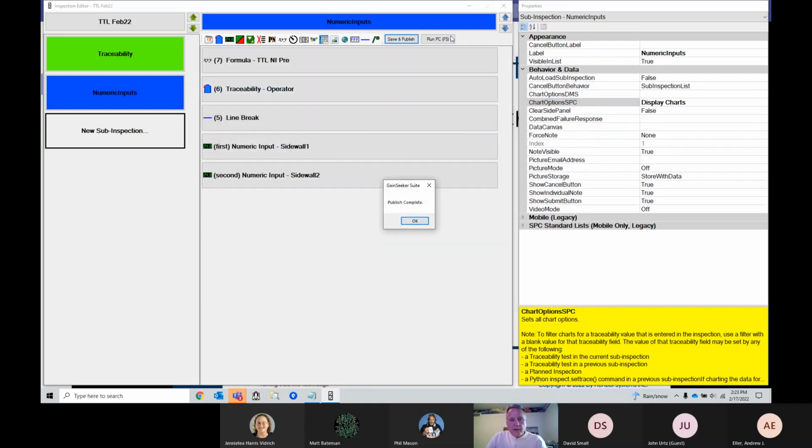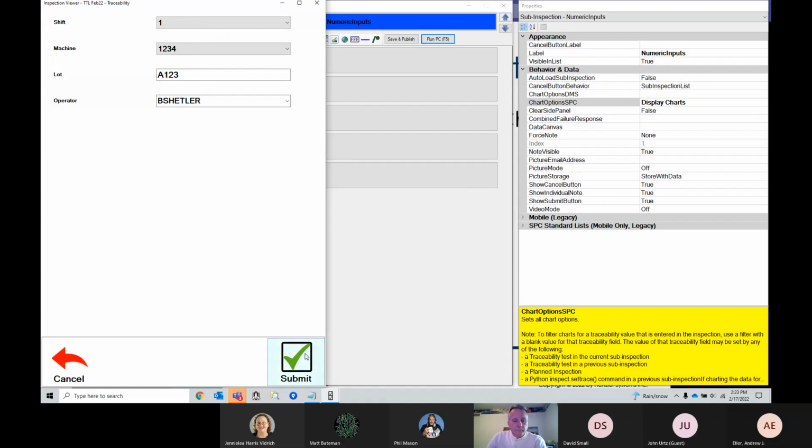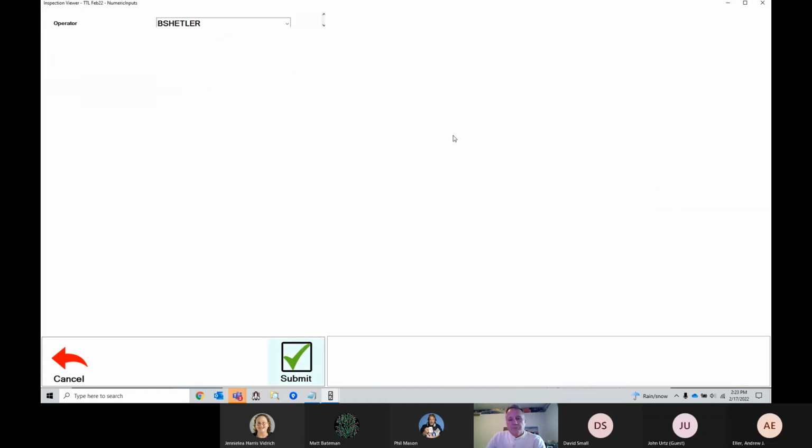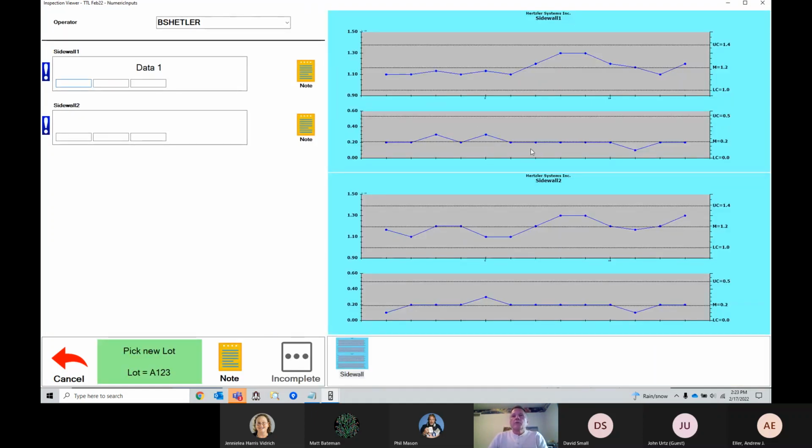And now when I run that and go to the next screen, the charts have a little more color, a little more flair to them. All right. Obviously, like I mentioned earlier, you could do multiple icons for the charts and cycle through the charts as you go through the numeric inputs, that sort of thing. But I think you're starting to get a feel that you can control the flow,